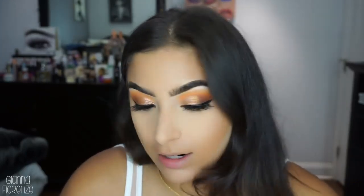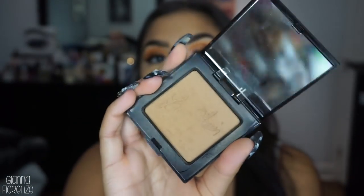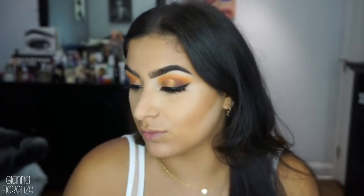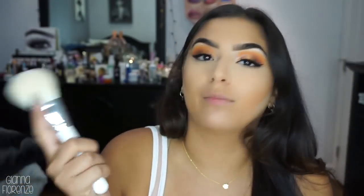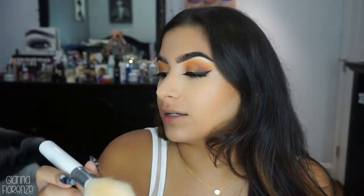And for bronzer, I'm gonna go in with the Laura Mercier bronzer in Soleil. This is their matte bronzer. I actually love this one. And I'm gonna be using the Jaclyn Hill because I've just been obsessed with this whole little master collection. I'm using the Morphe Jaclyn Hill